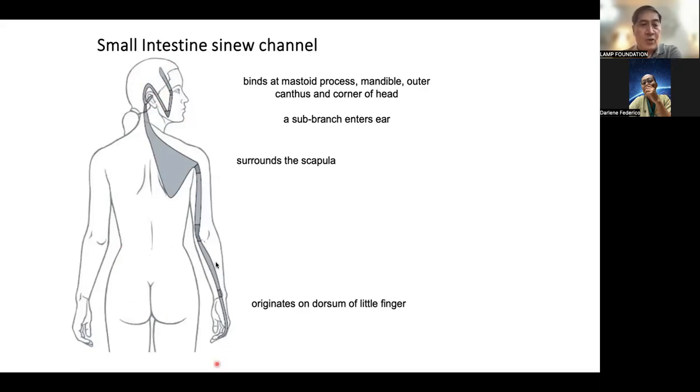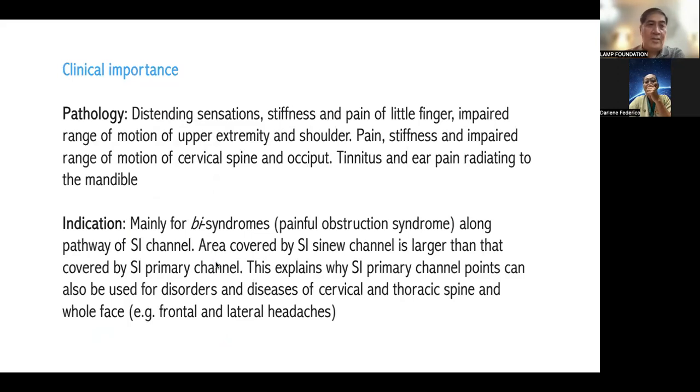So anong importance po nito of knowing the sinew channel? Pag may pathology, meron po tayong distending sensation. Parang lumulobo, no? Stiffness and pain of the little finger, impaired range of motion of the upper extremity and shoulder, pain, stiffness, and impaired range of motion, or impaired ROM of the cervical spine and occiput. Tinnitus and ear pain radiating to the mandible. Indication,